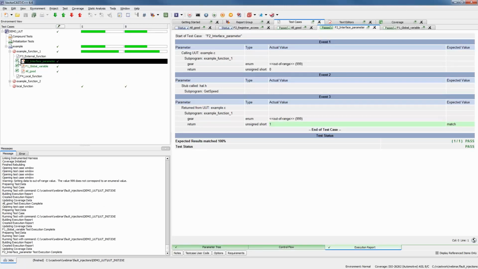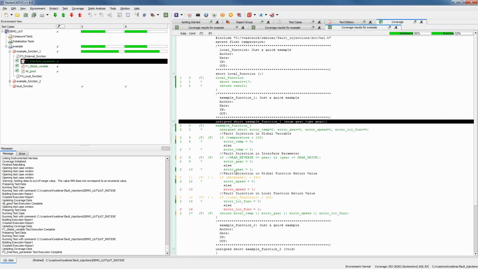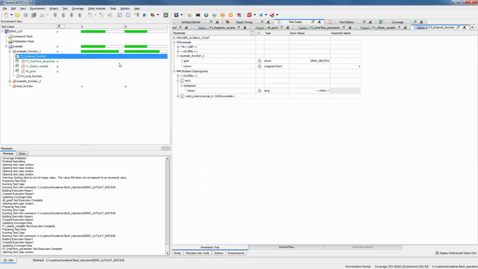Great, and you see this part is also tested. In terms of the get speed function, we need to get a speed over 240 kilometers per hour. Of course, in a normal situation, something like this is impossible in most cases, probably, to achieve. But here we can. You see, I'm stubbing my get speed function, and I'm returning the maximum value of my long